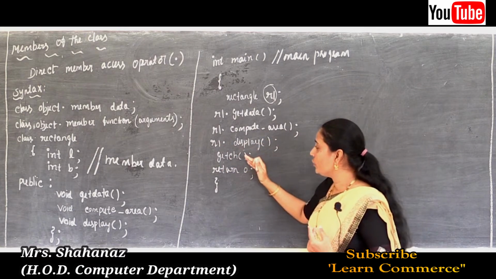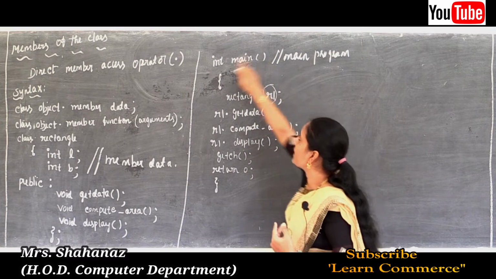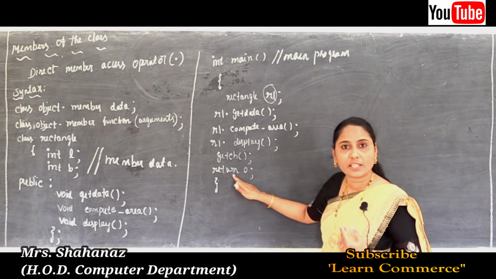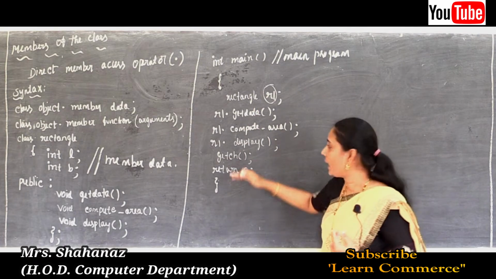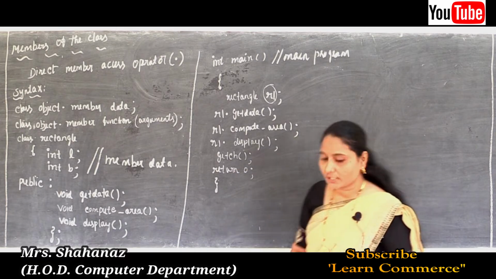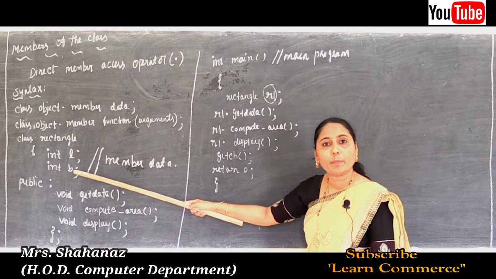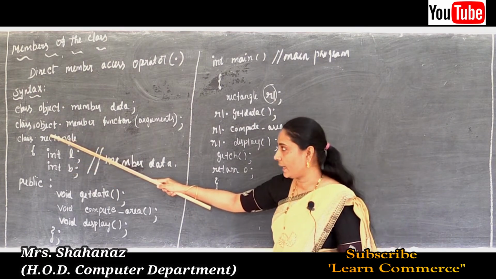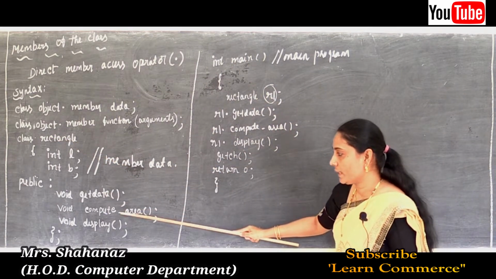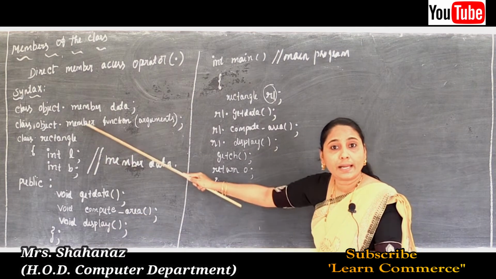Later on you should know why, because if you take the main program function as int in this case, you should write return 0, and such a return 0 needs to be written after the getch. Okay. So by using such an example we can say that here l and b are the member data of the class rectangle. And next, get data, compute underscore area, and display are the member functions of the class rectangle here.